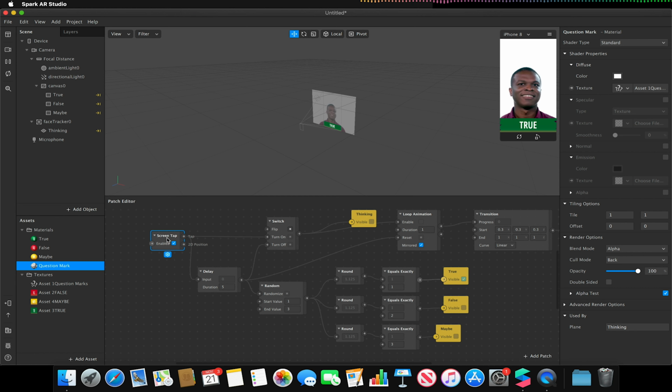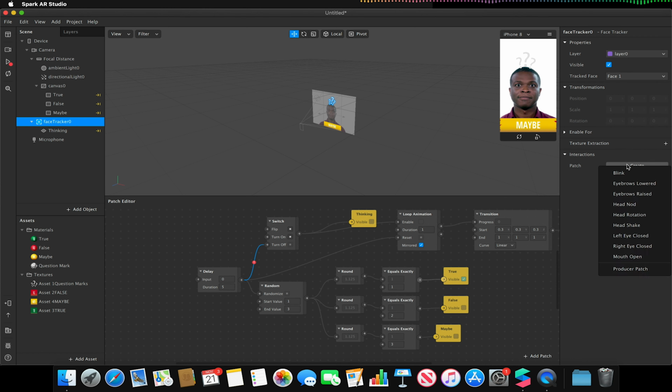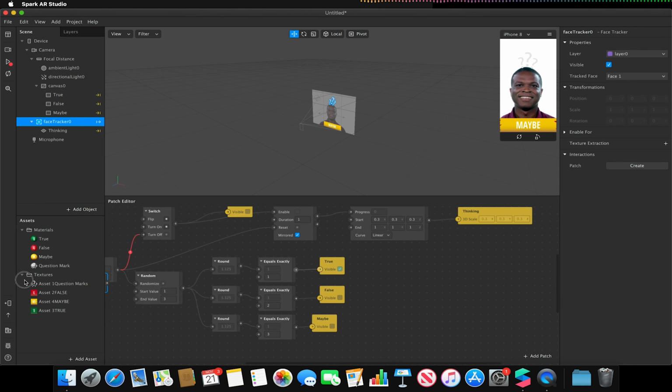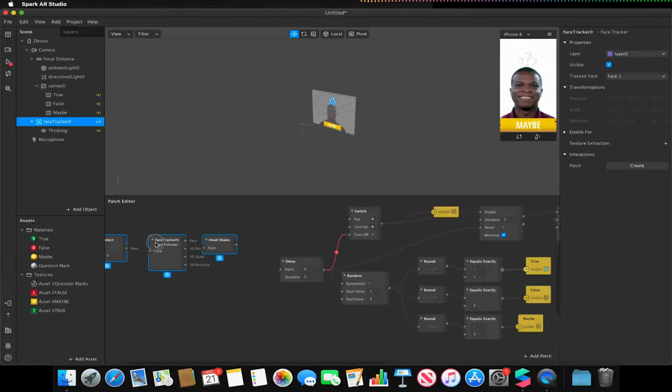Now, if I wanted this to be triggered by a facial expression instead, I can just simply make sure that I remove my screen tap for a second, go to my face tracker and choose an interaction. So in my case, I want it to be every time my head shakes. Let's just select all these and move these to the beginning. And then I just need to link from my head shake to my turn on and my input delay. And if I now preview this on myself,